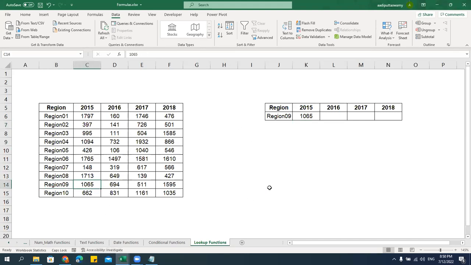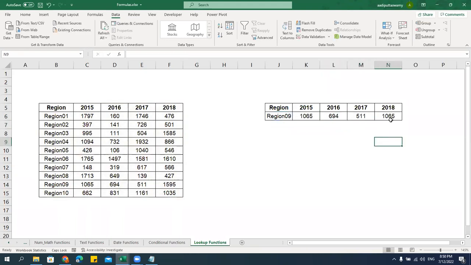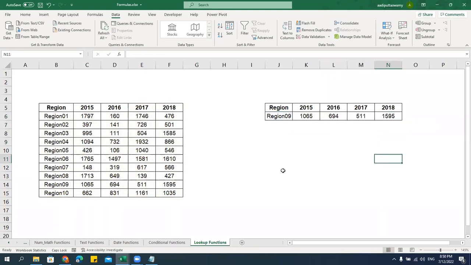See, 1069. Copy this towards my right-hand side. Here I have the second index, that is the second column. Let me change this to 3, then 4, and 5. See, you can see that it is very simple actually. Now you see, I'll say region 1. Just observe, automatically this will get changed. Say region 2. See,